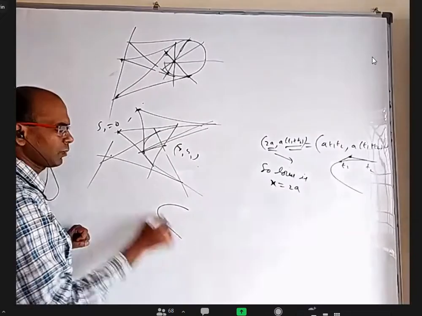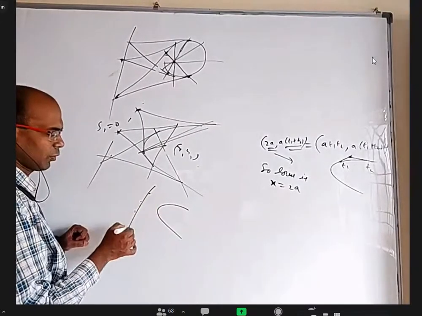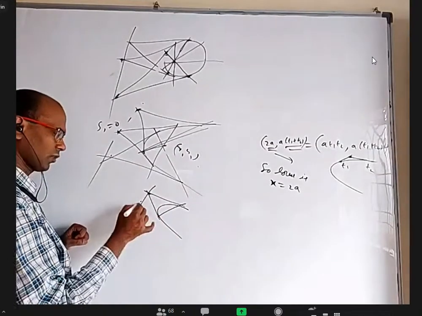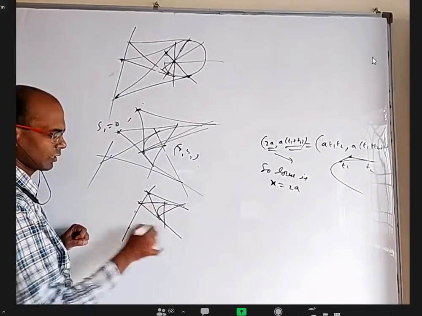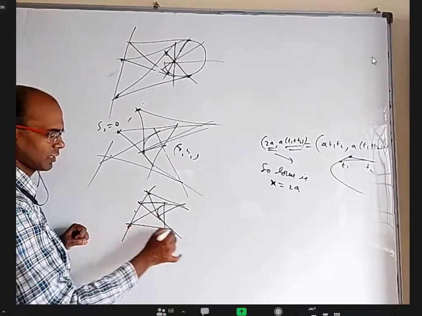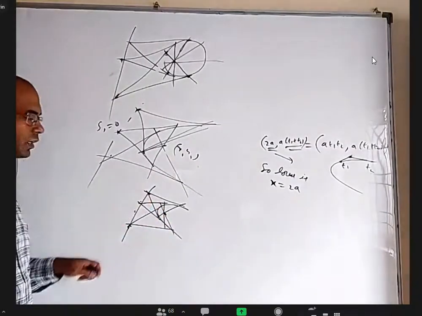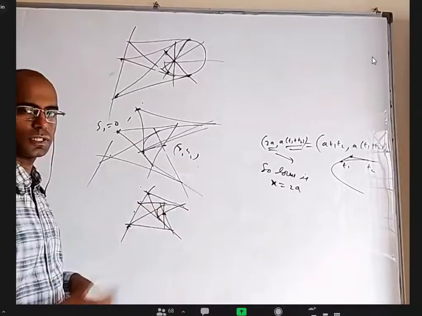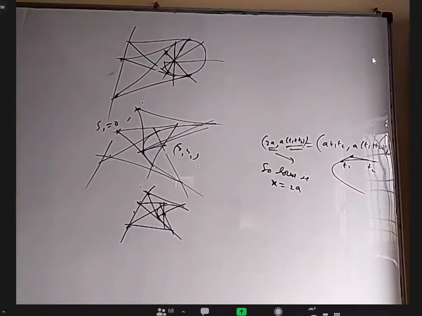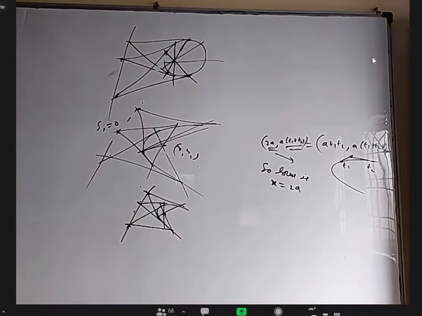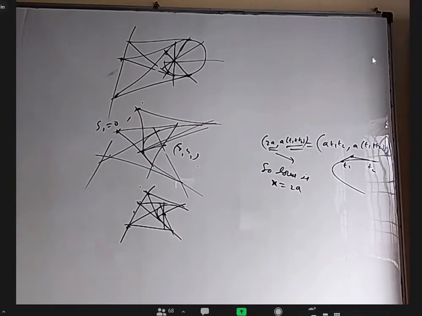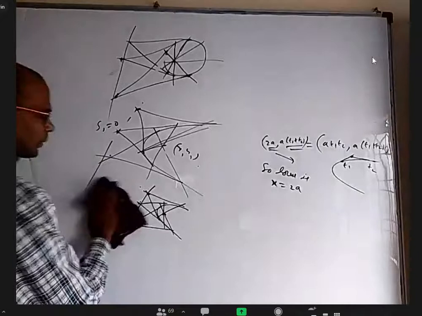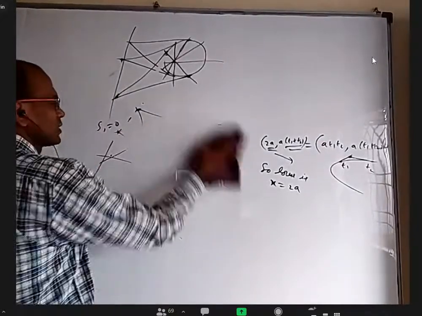If I give a parabola and a line, take different points. From each point you draw tangents and get one chord of contact. Take another point, draw tangents, and get another chord of contact. All of them are concurrent at a point, and that point is called the pole of this line with respect to this parabola. So pole and polar have the same definition as the circle. The formula is also the same: if the point is given, the polar is S1 equals 0. The pole can change because your equation is changing.